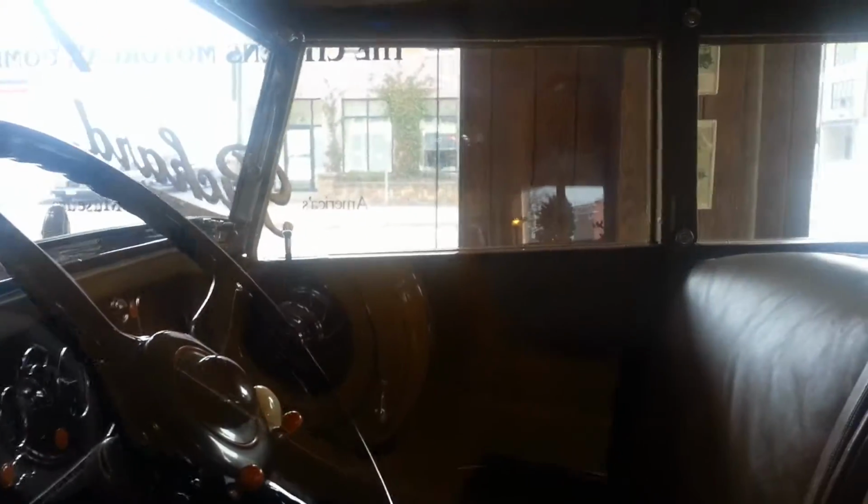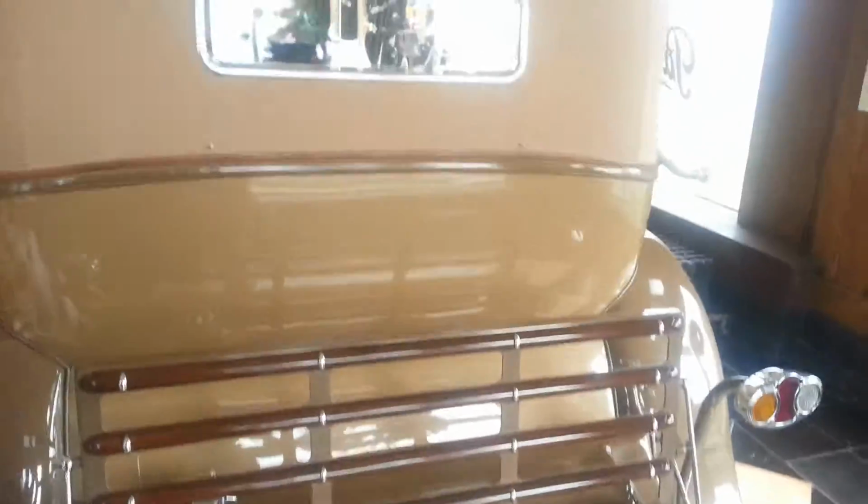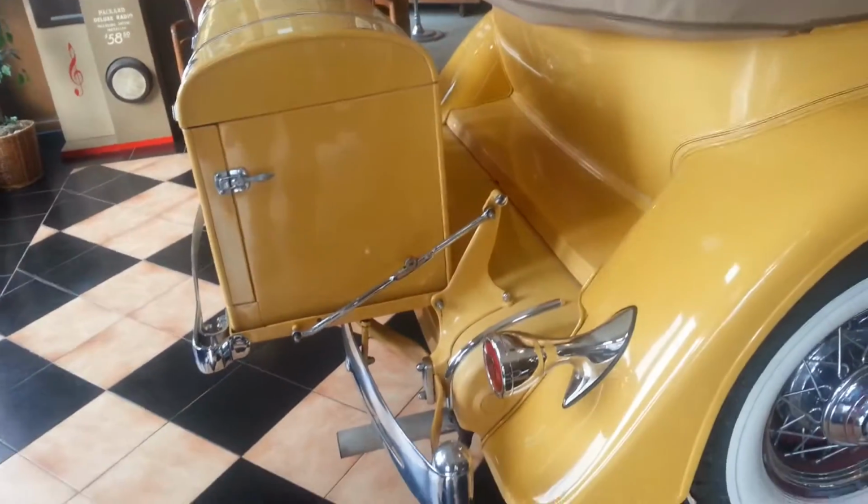Here's a little bit of the inside of it right here. Yeah, they just don't make cars like this. The steel, or I don't know if that's steel on there, the body frame. It's steel. They just don't make cars like this anymore. And this next one right here is...